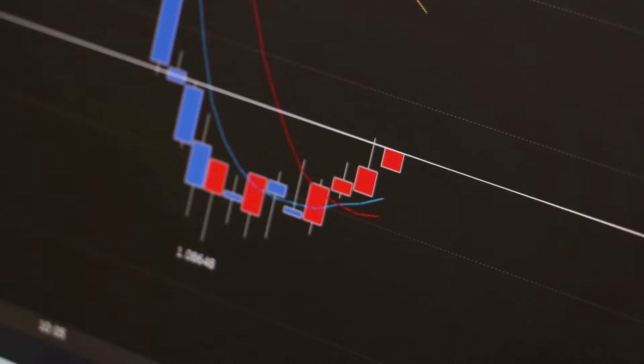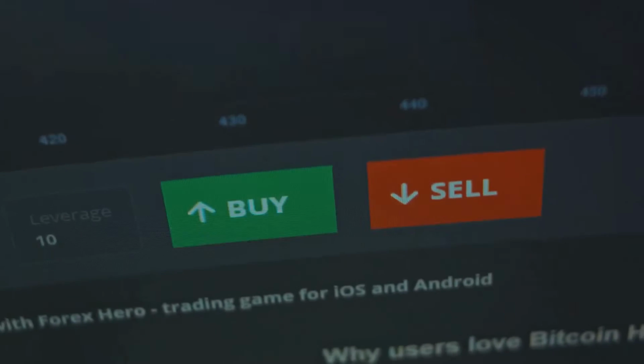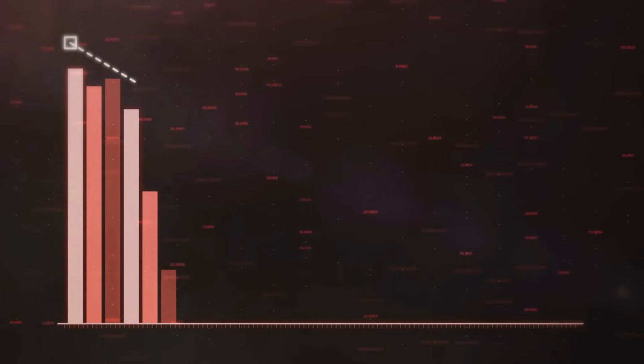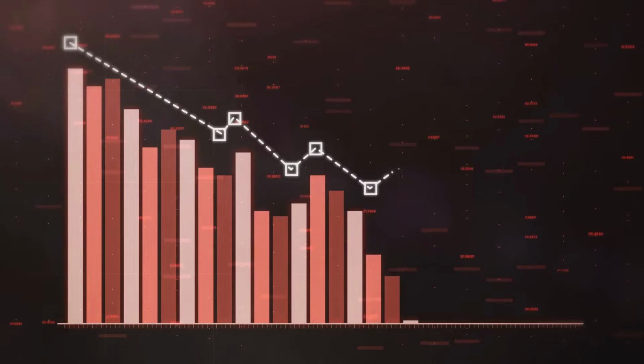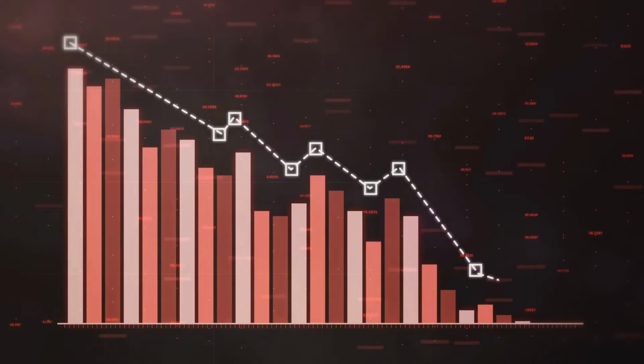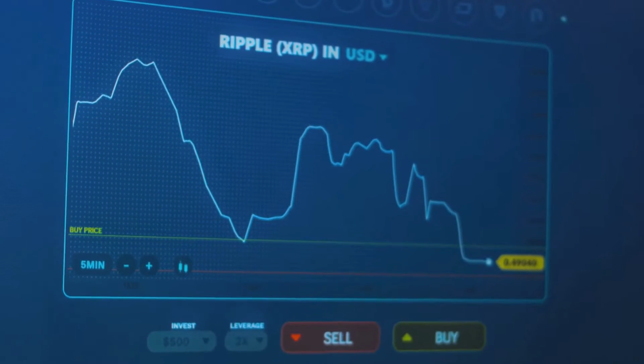A falling wedge is generally seen as a bullish pattern. Picture this: the pattern occurs in an upward trend, with the trend line sloping down as if pointing to the bullish market. It's like the market is taking a deep breath before continuing its upward journey. On the flip side, we have the rising wedge. This is typically a bearish pattern. It's found in a downward trend with the line sloping upward, indicating that the market might be gearing up for